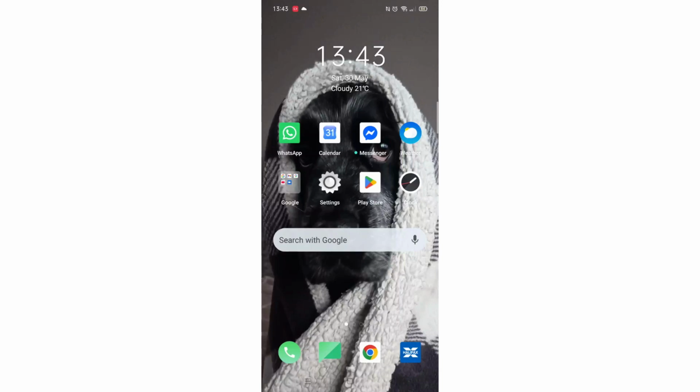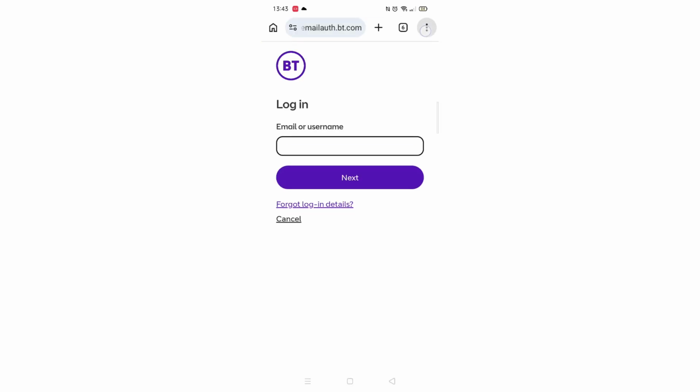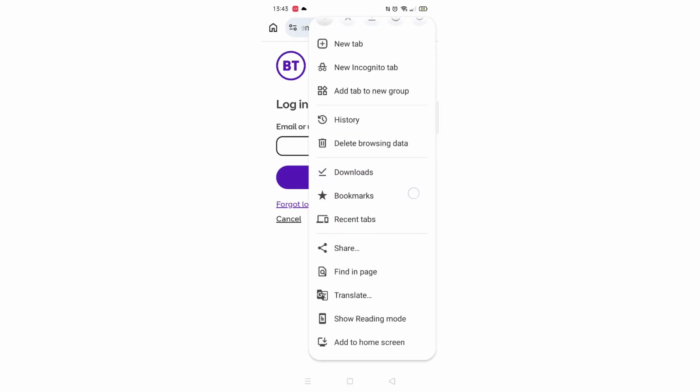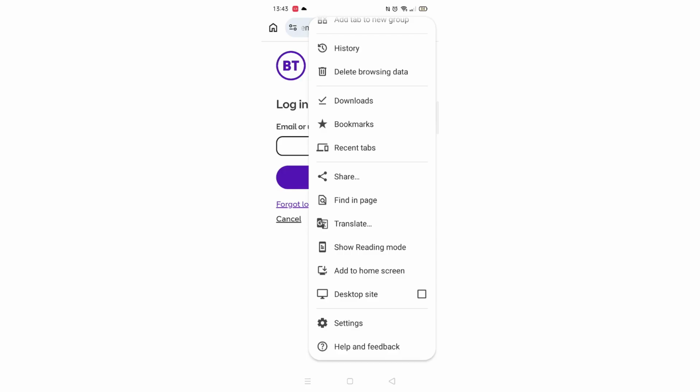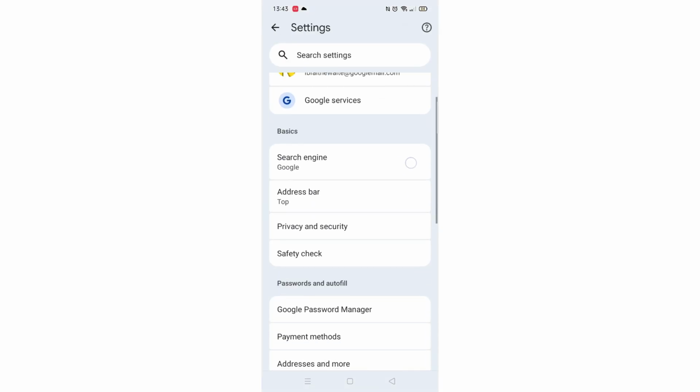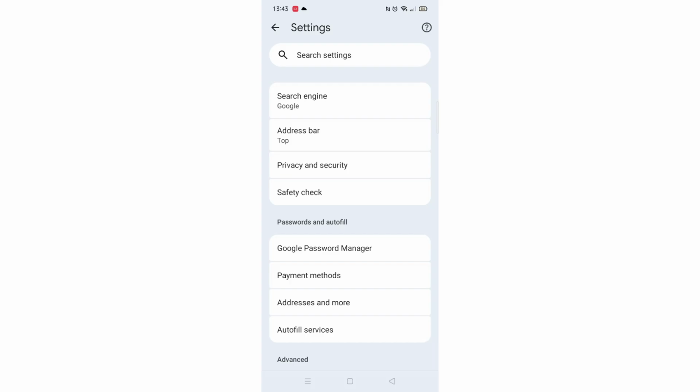How to turn on Safe Search in Google Chrome. So to do this, you need to open up the Chrome browser, click on the three dots in the right corner, scroll down to Settings, look for Privacy and Security,